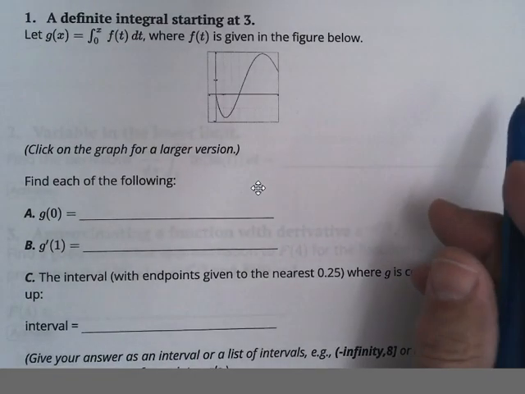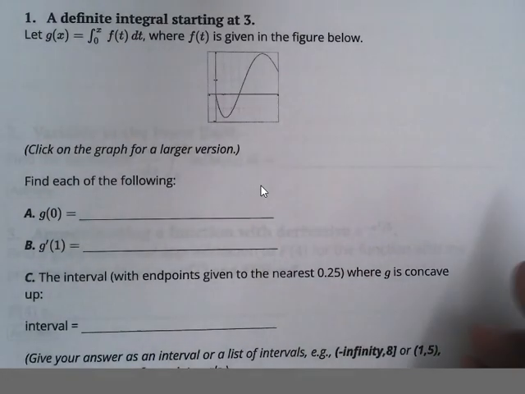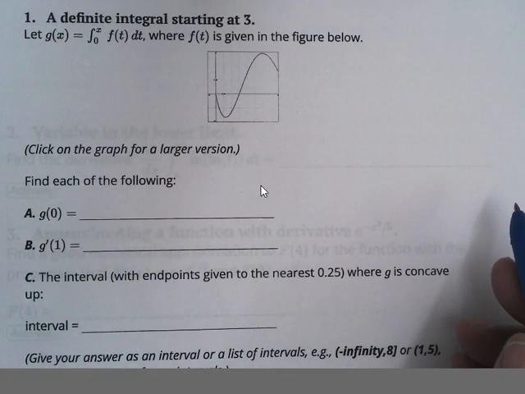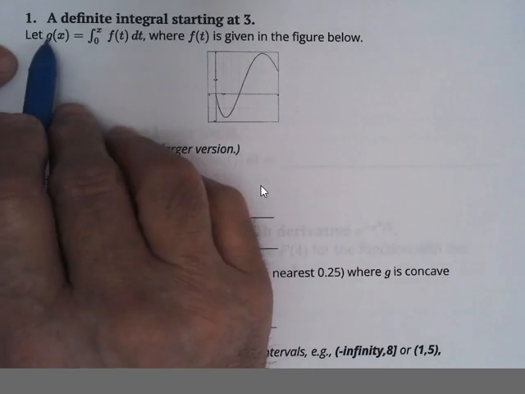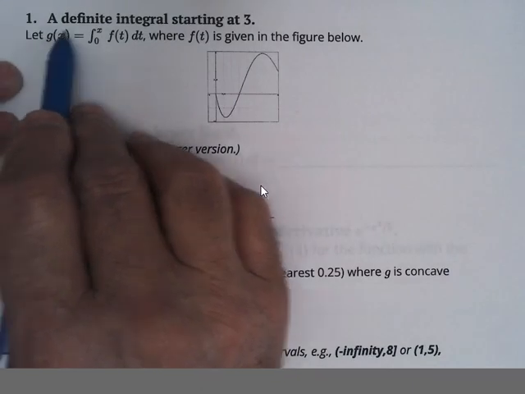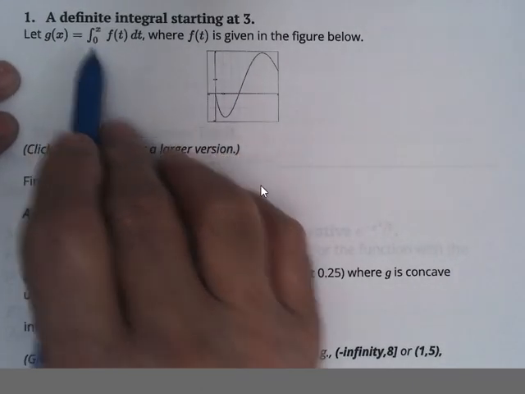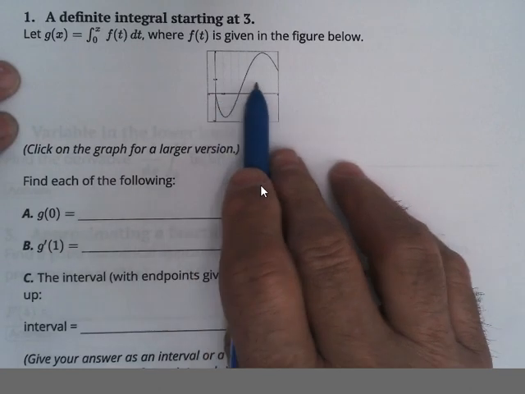Okay, let's go through the problems on section 5.2. Okay, number 1, it says g of x is the sum of the area under the curve, or over the